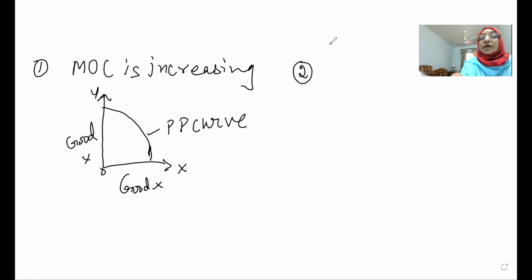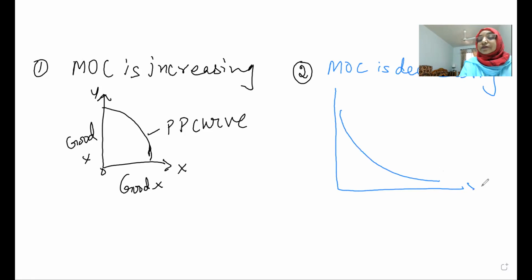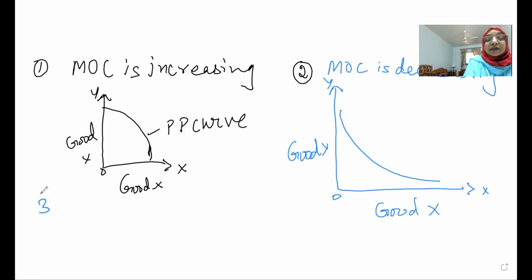Second condition, MOC is decreasing. The shape of PP curve will be like this. And the third condition, when MOC is constant,